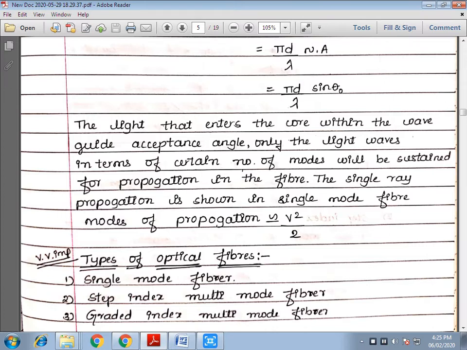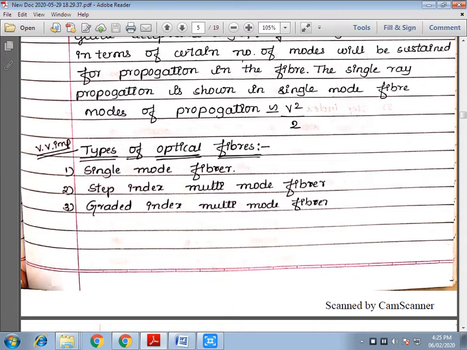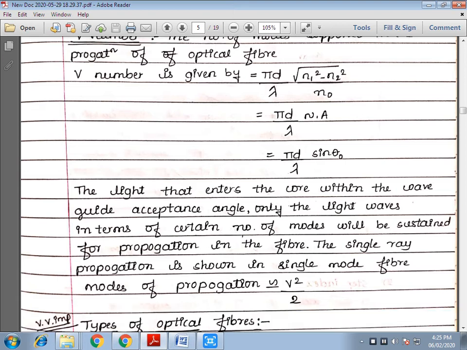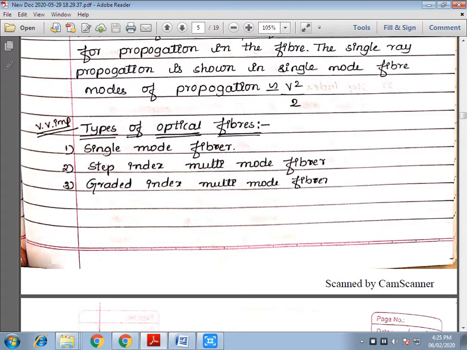The single ray propagation is shown in the single mode optical fiber. And the number of modes of propagation is nearly equal to V²/2, where V is the V number. That expression can be obtained by using this expression, where d is the diameter of the core, and λ is the wavelength of the laser. Then, types of optical fiber: single mode optical fiber, step index multimode optical fiber, graded index